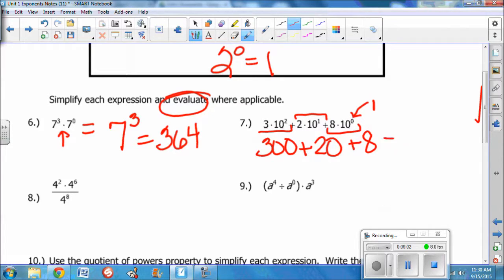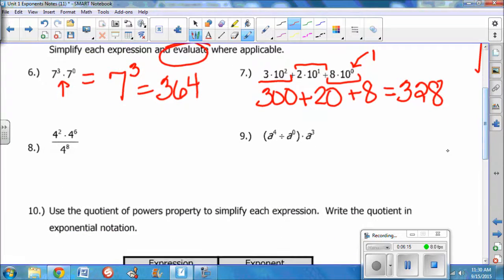8. Now let's add these up. 300 plus 20 plus 8, 328. So that expression looked kind of crazy, but when we broke it down, not too bad. All right, let's